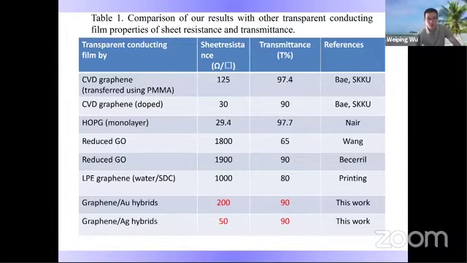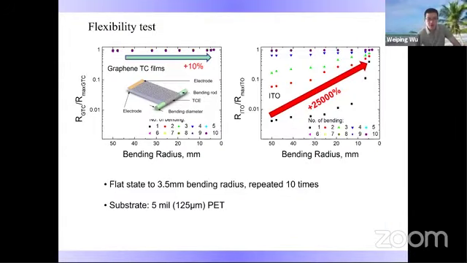So also this flexibility test shows that after repeated bending, these graphene electrodes are flexible and show only a very small increase in resistance, only 10%, while for ITO, which is indium tin oxide, they show about a 250 times increase in resistance, and it may even induce failures when used as a transparent conductor. Which means that we have provided a new solution for the next generation of flexible electrodes for flexible and